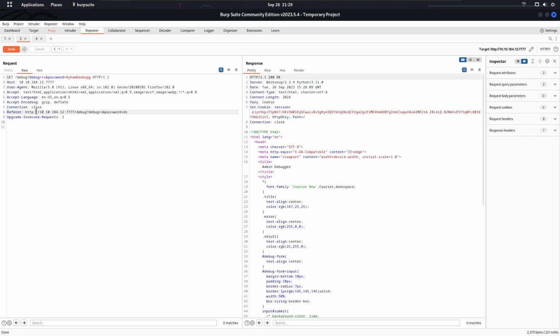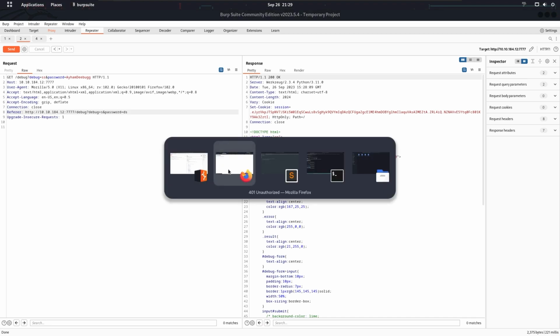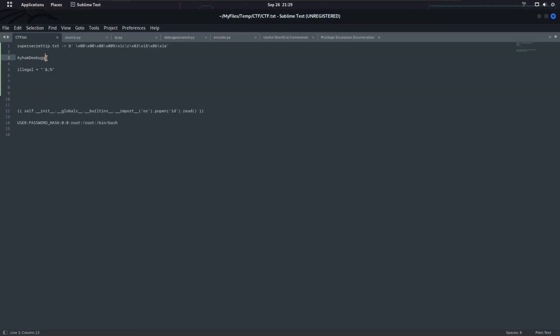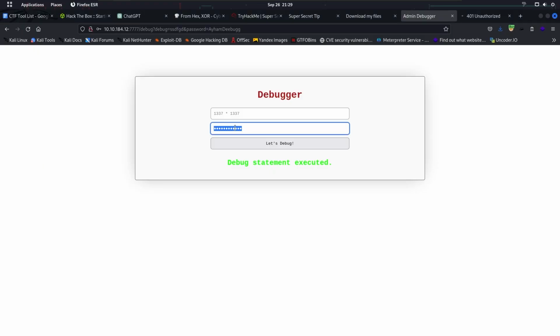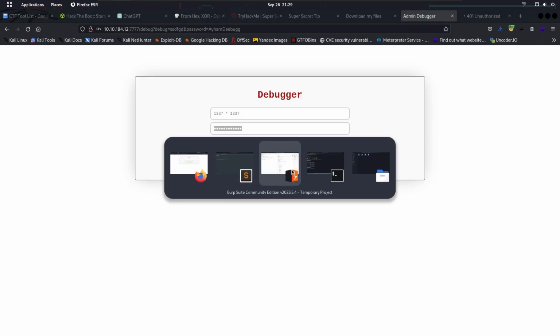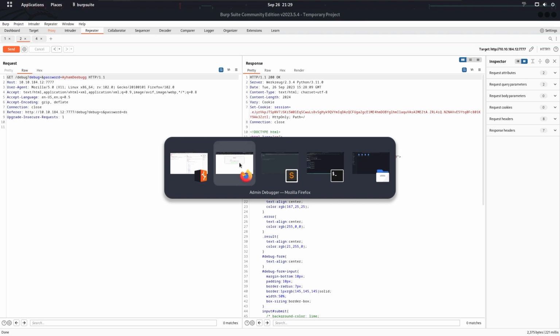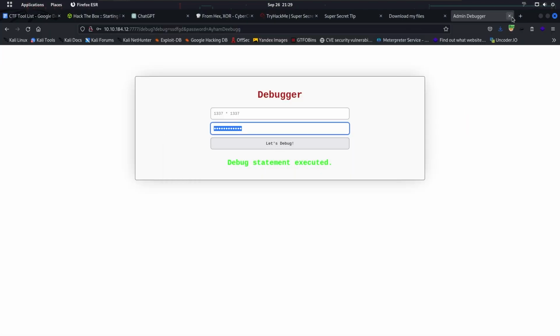And let's try to get a reverse shell, which is we're gonna give this here, and this is our password. Let's go to Burp Suite, iham debug and debug.ssti. So we have to look for a